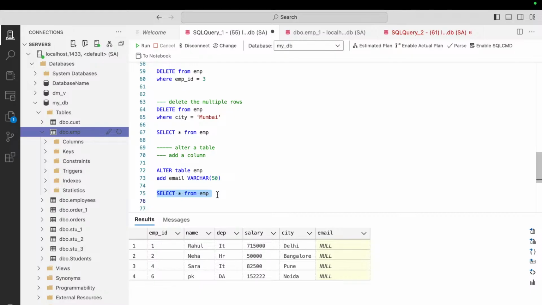For that purpose we use the alter command. Now let's see how to drop a